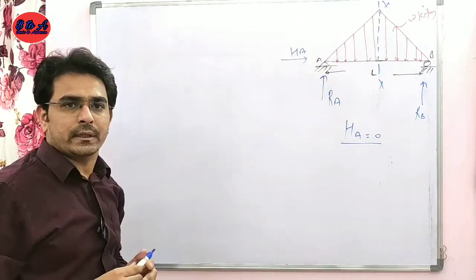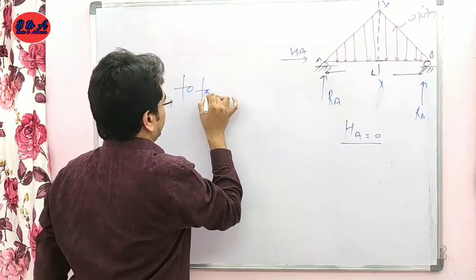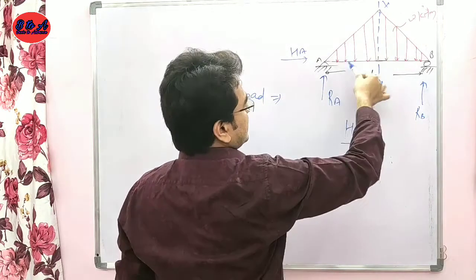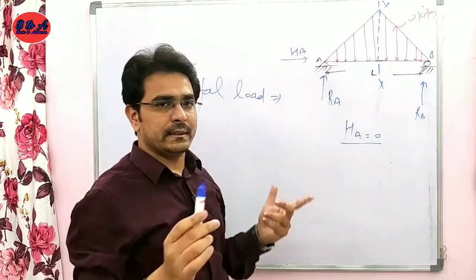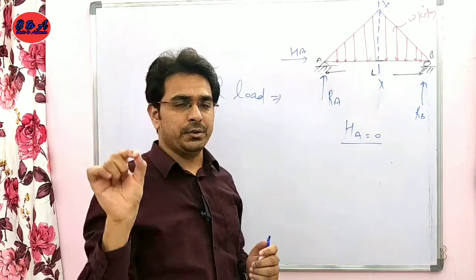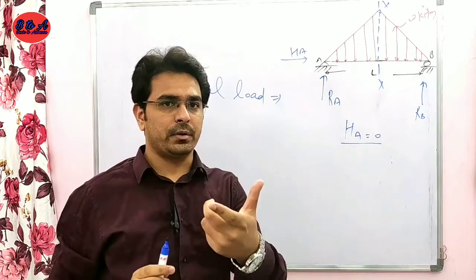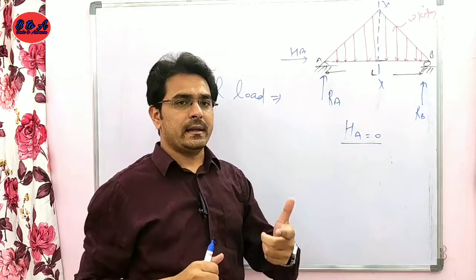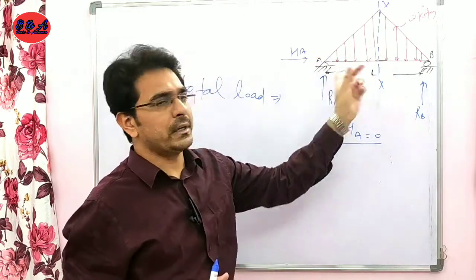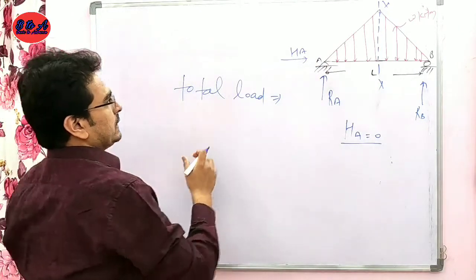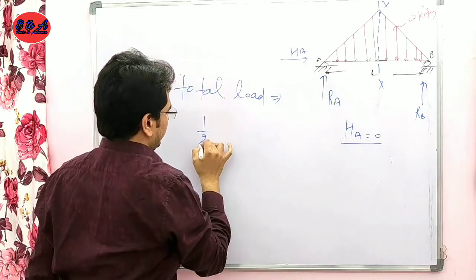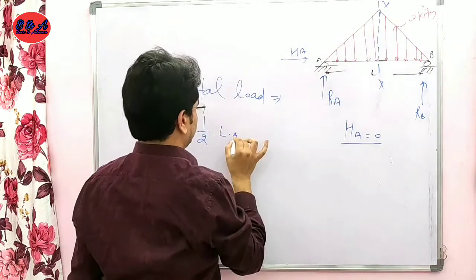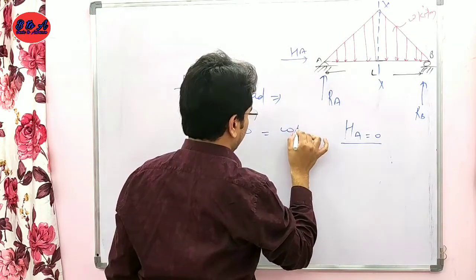तो अब देखते हैं इसका टोटल लोड कितना है. टोटल लोड इज इक्वल टू, नाउ द एरिया ऑफ दिस शेप विल प्रोवाइड अस द टोटल लोड. जैसा कि हमने यूडीएल में देखा था, यूडीएल में जो रेक्टेंगल आया था उसका एरिया निकालने पर हमें टोटल लोड प्राप्त हुआ था. Similarly, in this case, the total load can be calculated by calculating the area of this distributed load. तो इसका एरिया कैलकुलेट करते हैं. This is a triangle. It means 1/2 of base. Base means L, and the height is W. So the total load is equal to WL by 2.